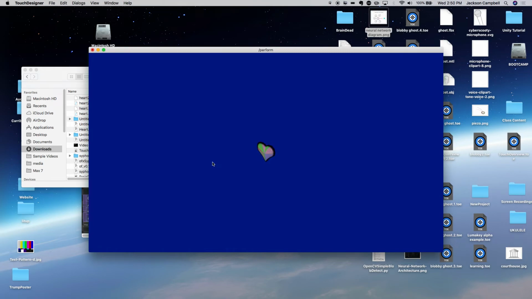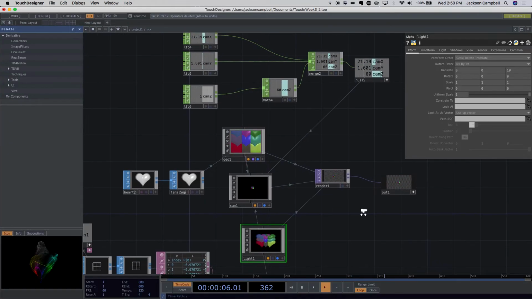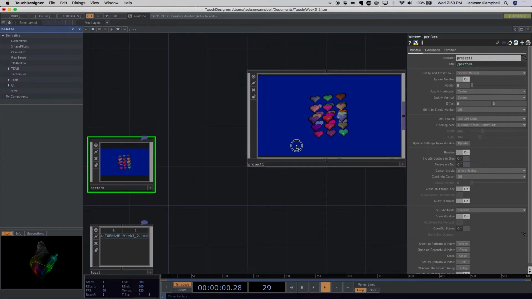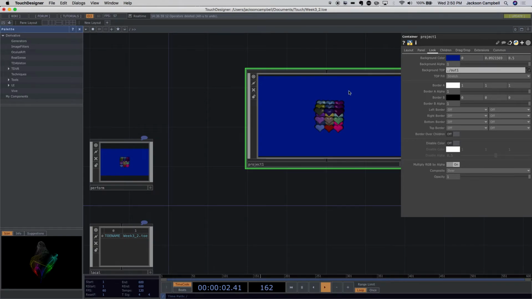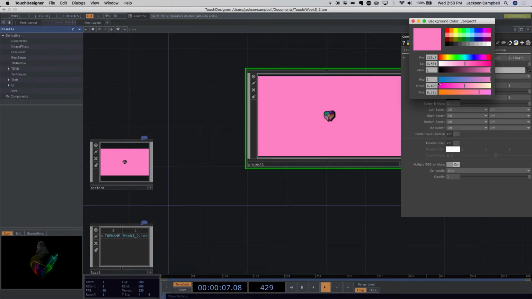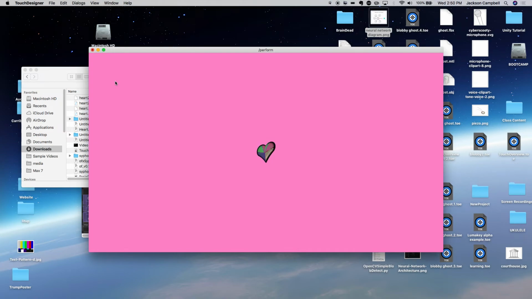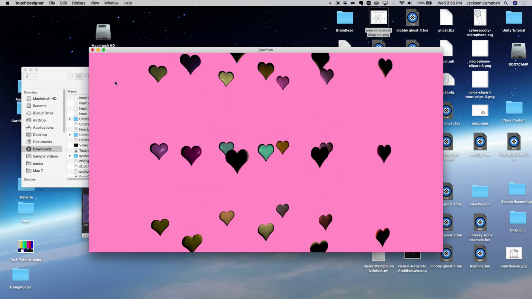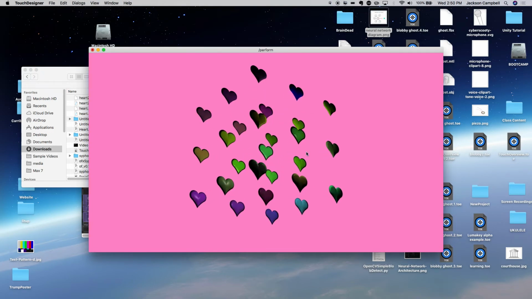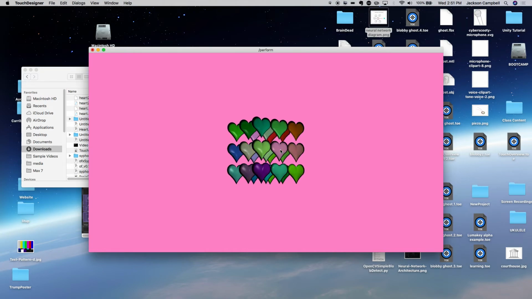So they're kind of merging together into like one multicolored heart, and then it explodes out into multiple different hearts. And actually, I'm going to change my background here from blue. So if I scroll out and go to hover on project here, and I change my background color, I'm going to change it to pink, and now I have a pretty cool Valentine's Day thing, right? There's one other thing we didn't get to, and that was I was going to add independent rotational vectors to each of these with the same kind of noise